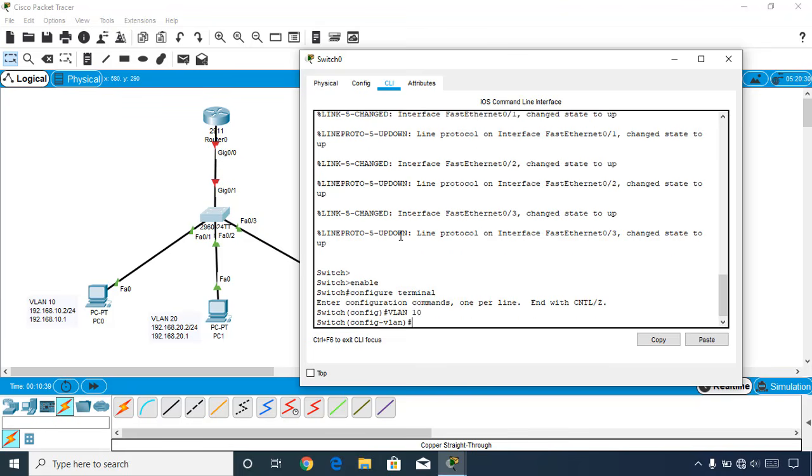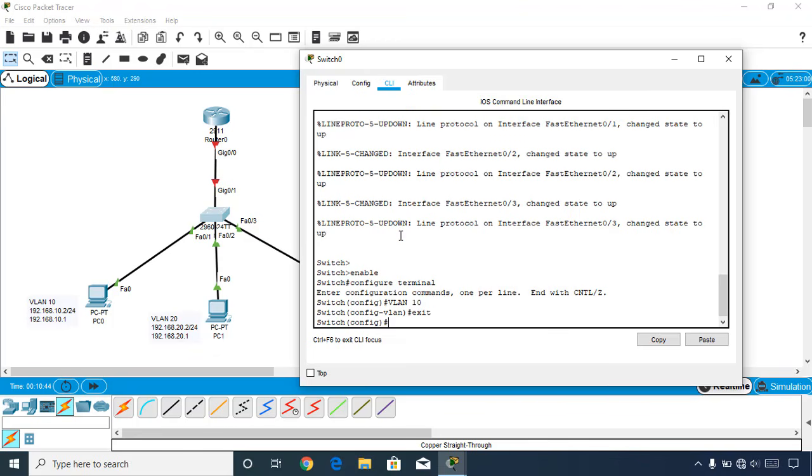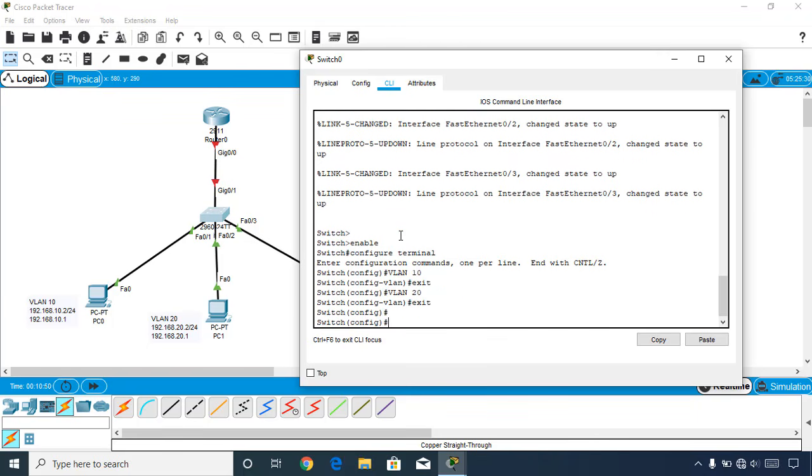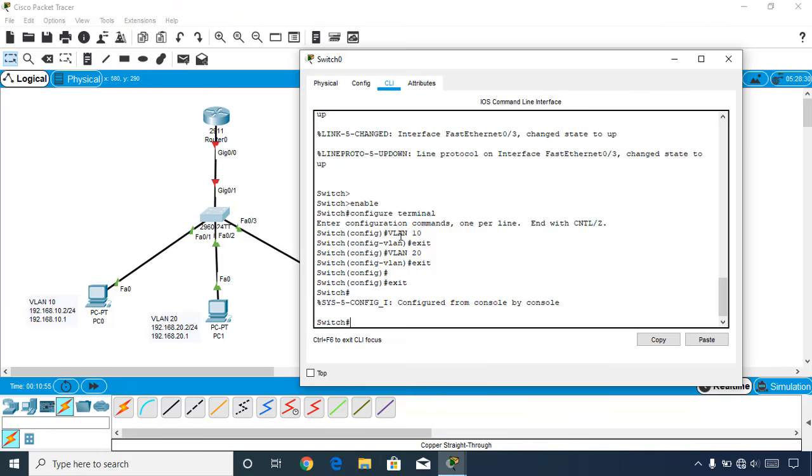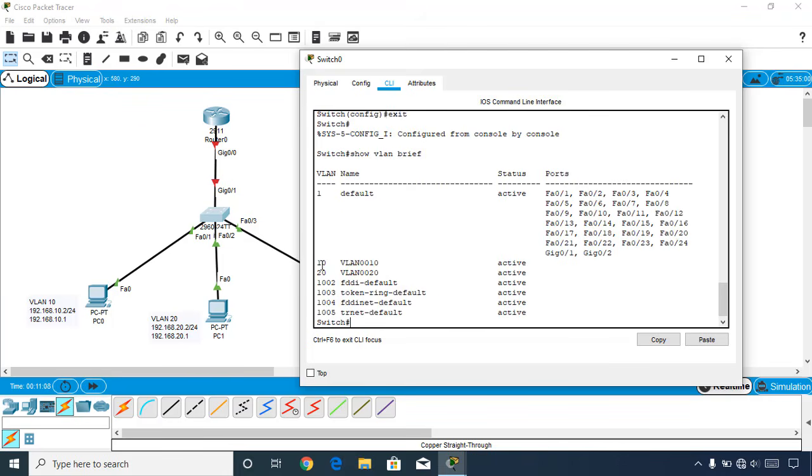First VLAN 10, then exit from here, then VLAN 20, exit from here also, and exit from here also. And let's verify whether we have successfully created our VLAN or not. So just give this command, show VLAN brief. So briefly we will look at our VLANs which are created right now. So we have created the two VLANs, but we did not assign any ports to our VLANs. So this would be our task,